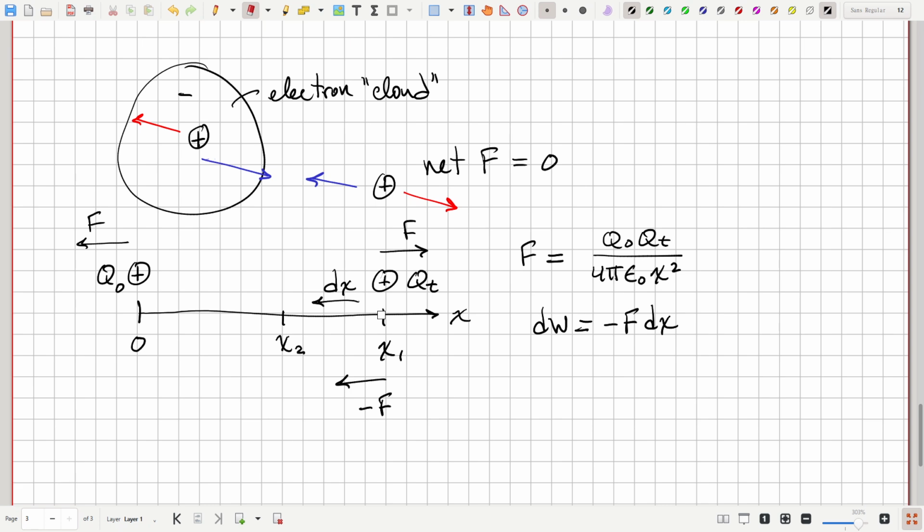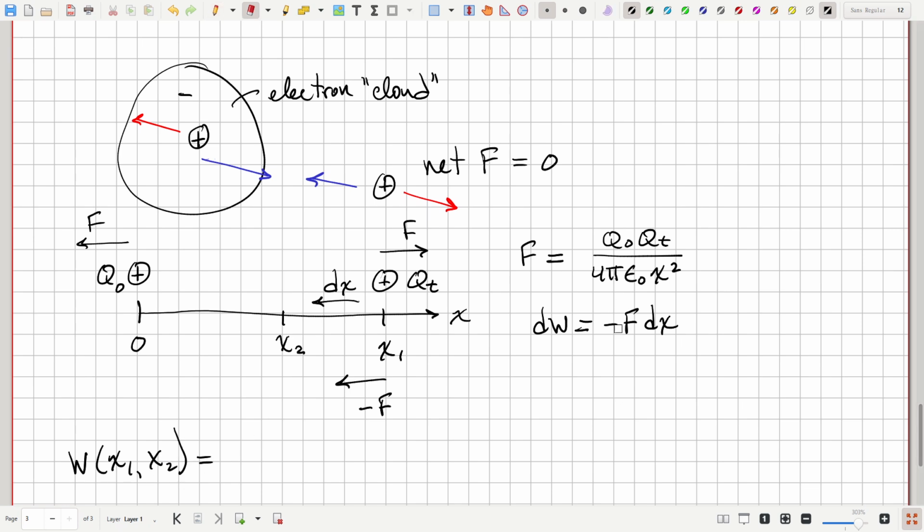If we allow x to increase, that would be dx would be positive, then negative times positive would be negative. We would do negative work, meaning that the electric field would do work for us. It would do work on this charge. It would accelerate it, or we could extract that work. All right, so now we can just say that the work required to go from x1 to x2